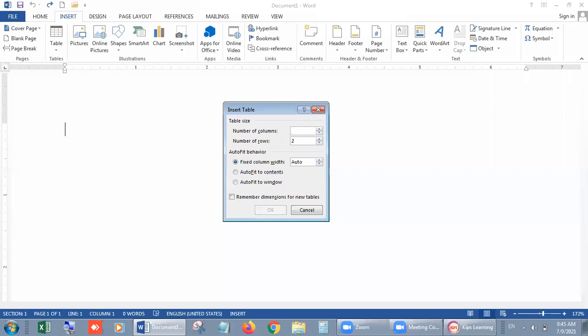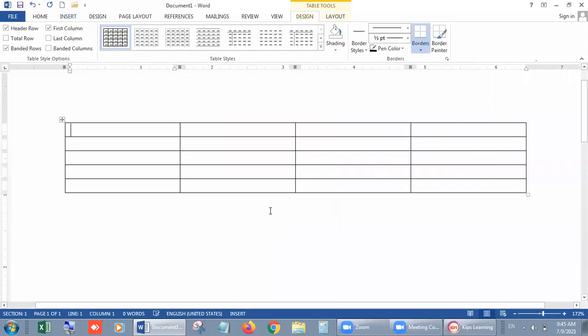Backspace for deletion. Suppose I want 4 columns and I want 4 rows, right? And then okay. You can reduce and enlarge by these buttons also. Increase button, decrease button, right? I hope it is quite clear to you. And after it, click on the OK button. The table will automatically insert.